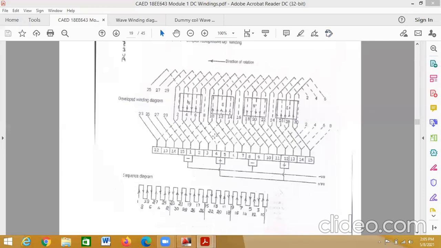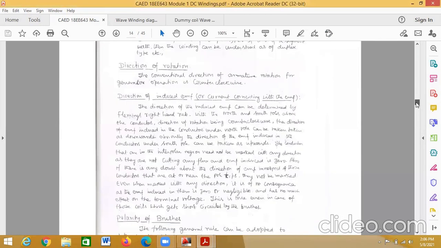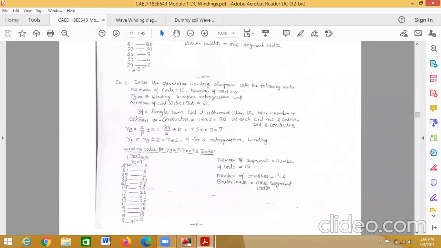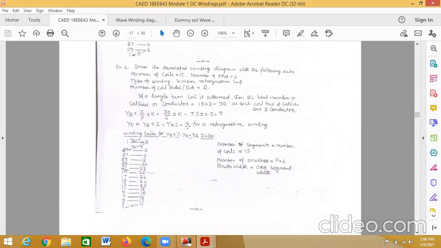So in the morning session, we had started with the simplex retrogressive wave winding. We did the problem. Winding table was written. Okay, this was the winding table. YB we got as 7, YF we got as 9. Already we have done it in the theory class.